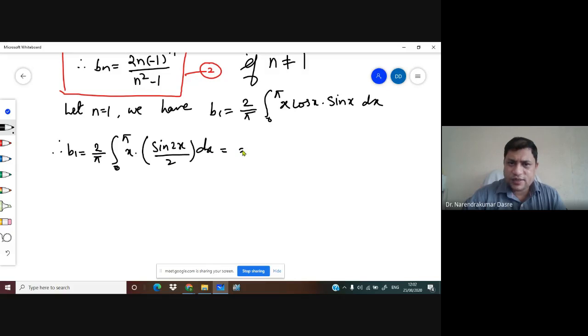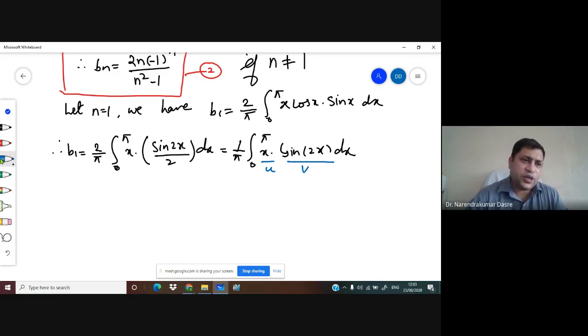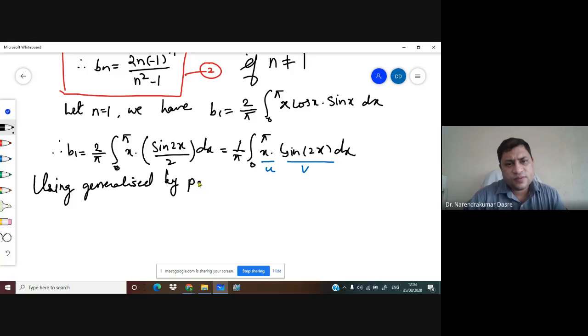So this 2 will get cancelled, and you will have 1 upon pi integral 0 to pi x into sine of 2x dx. So again we have, this is u and this is v, so we have to use generalized by parts rule. So using generalized by parts